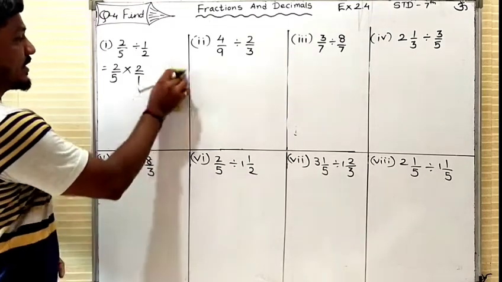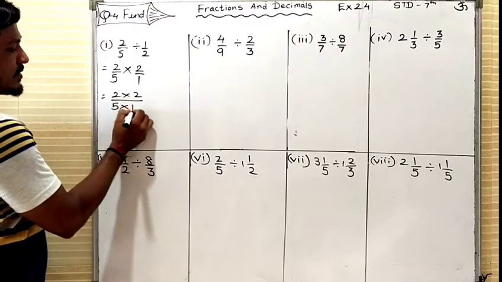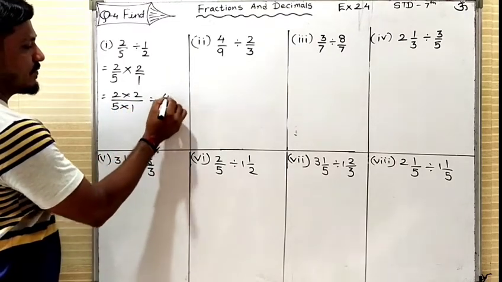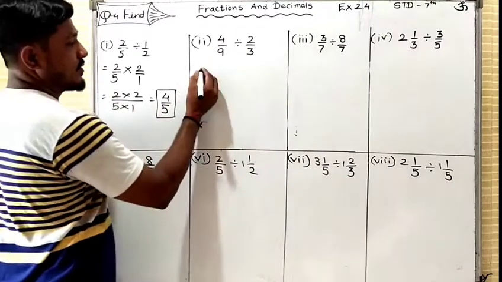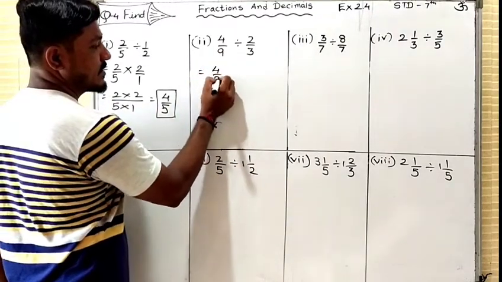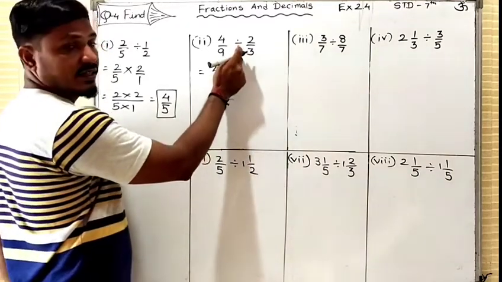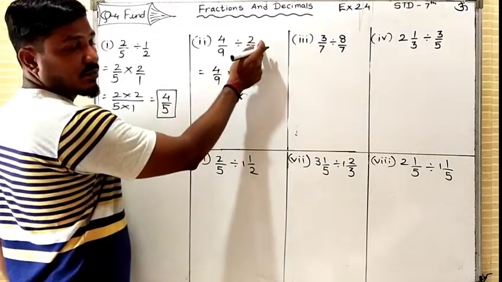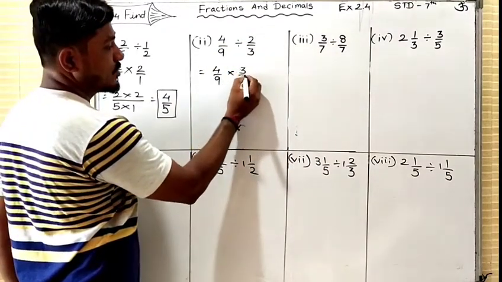So you have to show it in the next step in this way. That is 2 2s are and 5 1s are. That is 2 2s are 4, 5 1s are 5. It is a proper fraction, not possible to convert it to mixed fraction. Now next one, 4 by 9 will remain as it is. In place of division, put multiple sign. 2 by 3. While converting this division to multiple, you have to reciprocal the value, whatever the value toward the right of this sign. That is 2 by 3 will become 3 by 2.